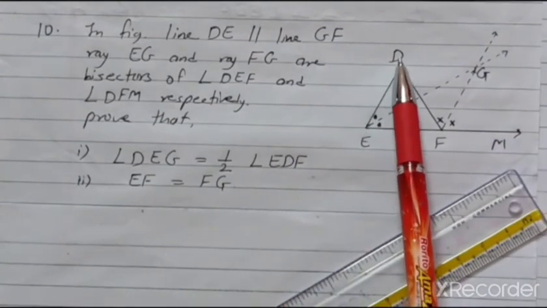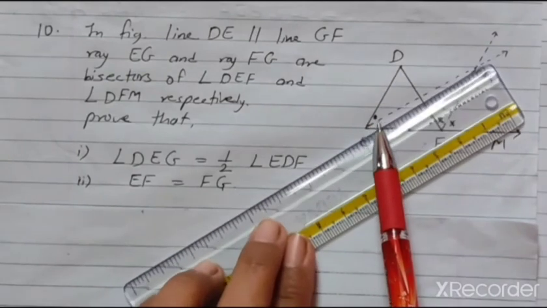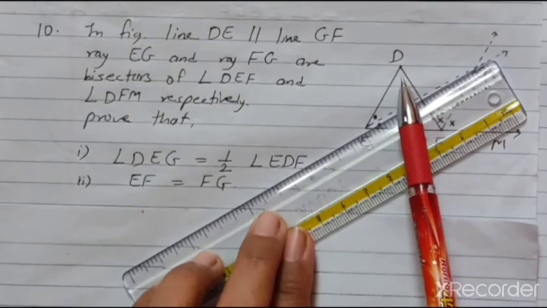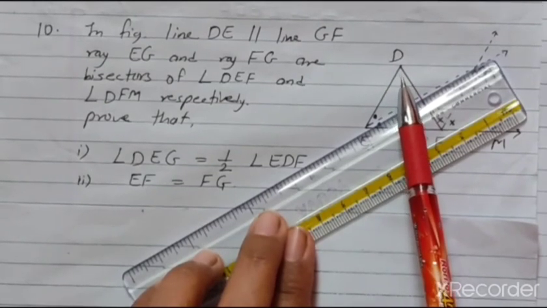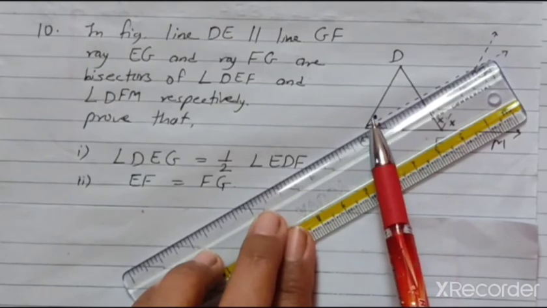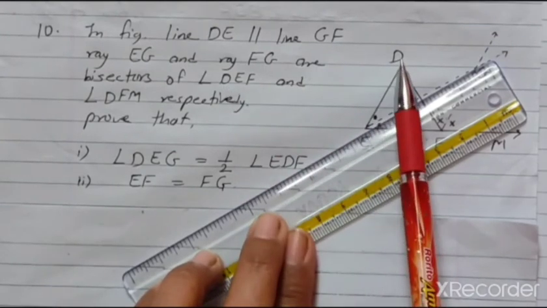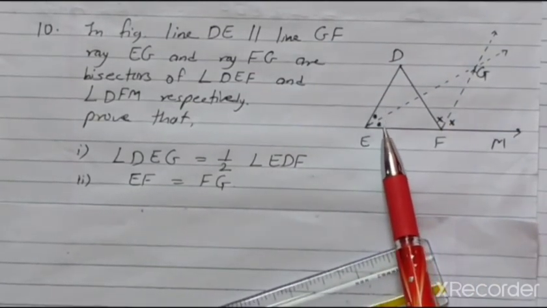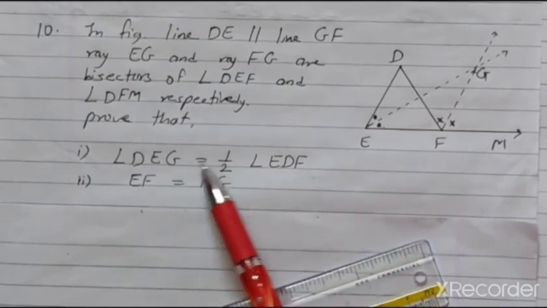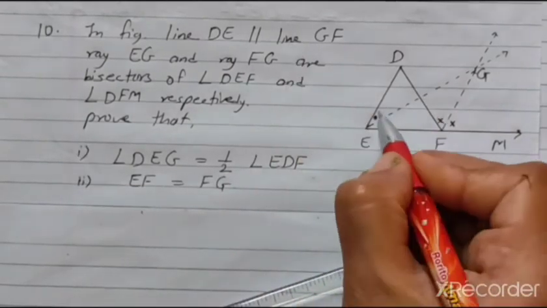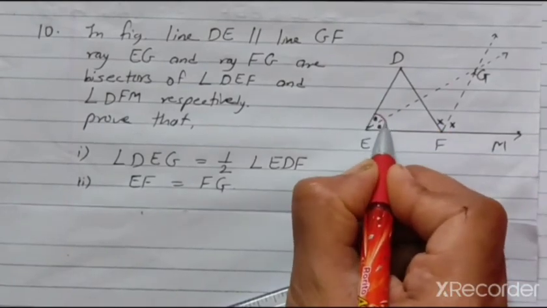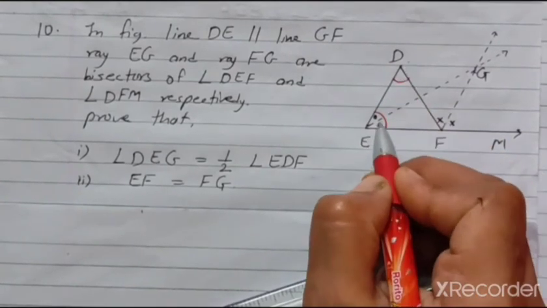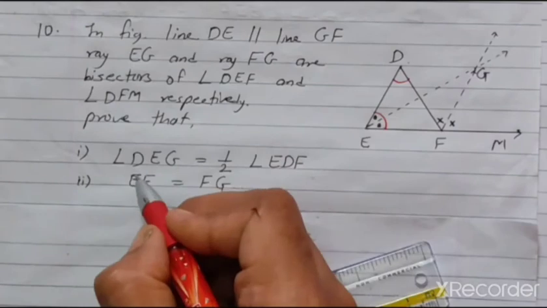Angle EDF means this angle, means here we have to correlate this small angle with this angle D. So our target is from this figure or from this given information, you can say that this small angle DEG is half of this angle E. Okay, so here we have to prove this, or correlate these two angles. That is our target, here we have to show these two angles, angle E and angle D, both are congruent, then only we can prove this first statement.